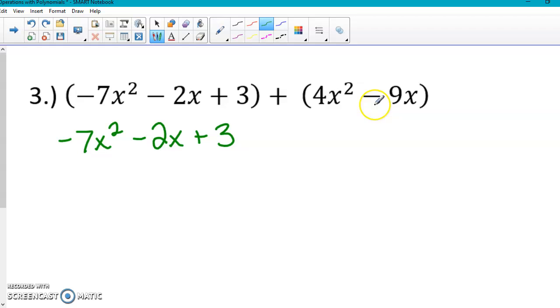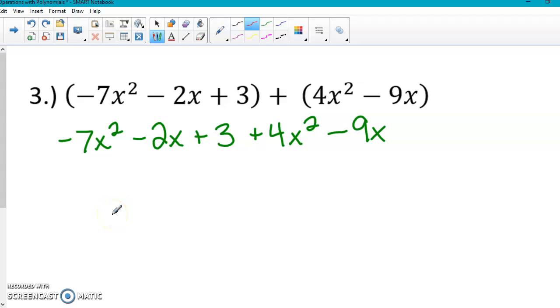Okay, all right, second parentheses, I have an invisible 1 here as well. If I multiply by a positive 1, nothing changes. So I keep my positive 4x squared, negative 9x. All right, so now we're going to go through and we're going to combine the guys who are like,